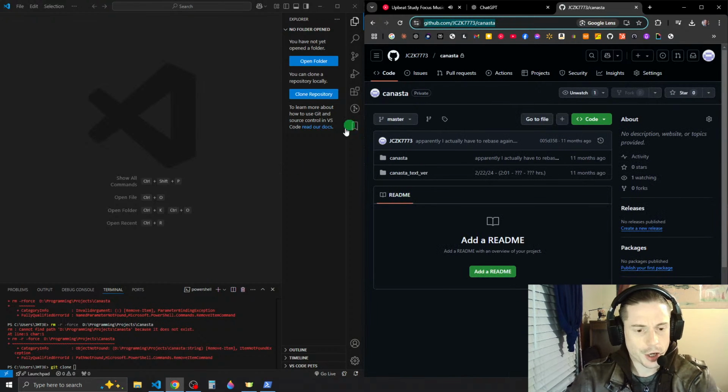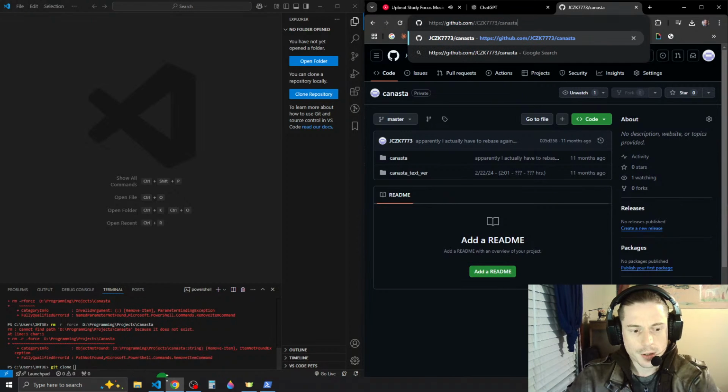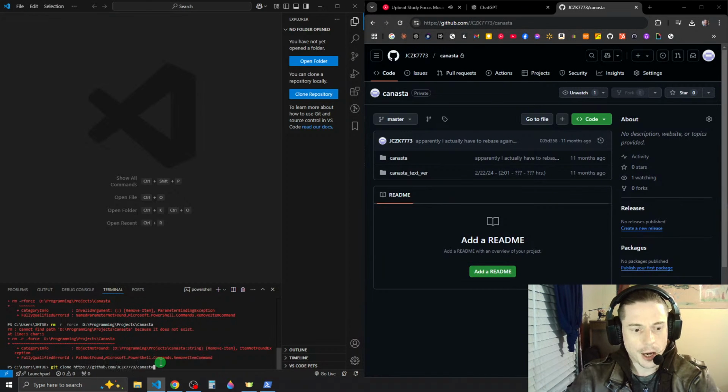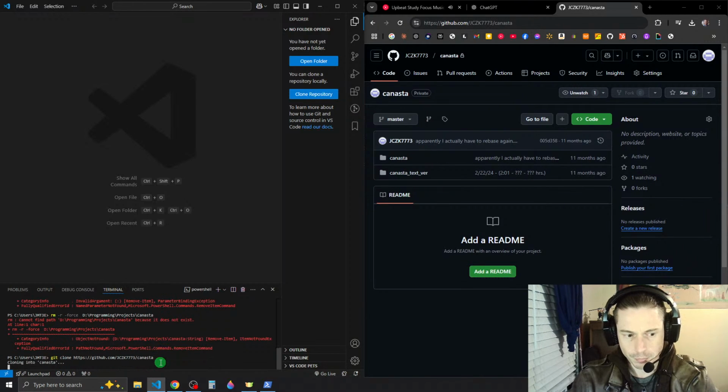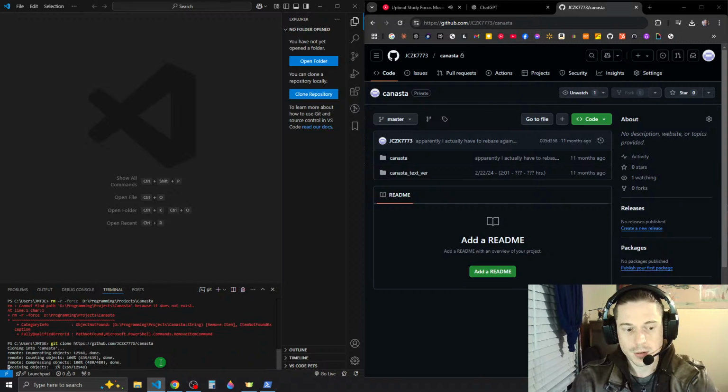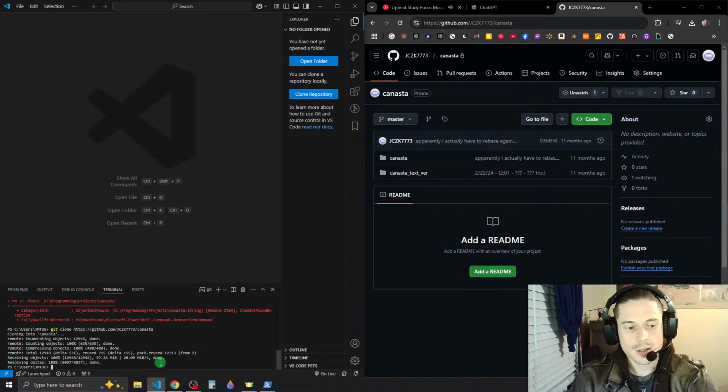So I should be able to just copy this. Am I right? And now paste it in. Into Canasta. Remote enumerating objects, counting objects, compressing objects, receiving objects, resolving deltas. Okay.